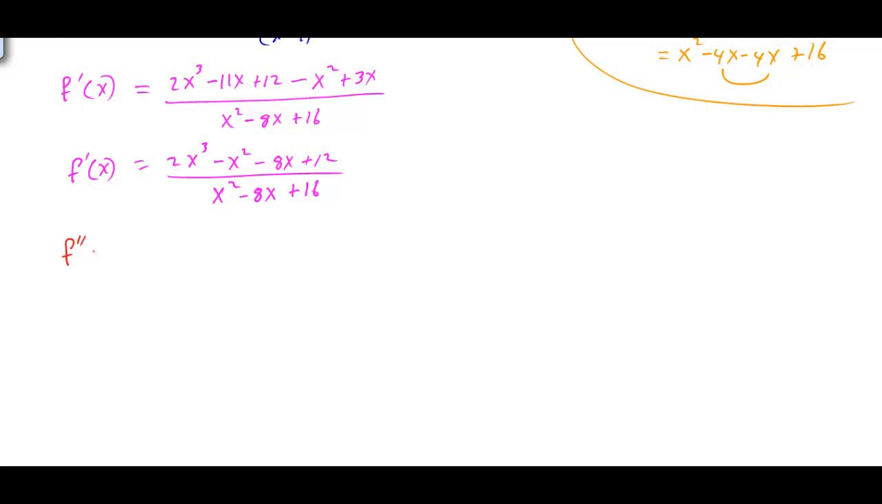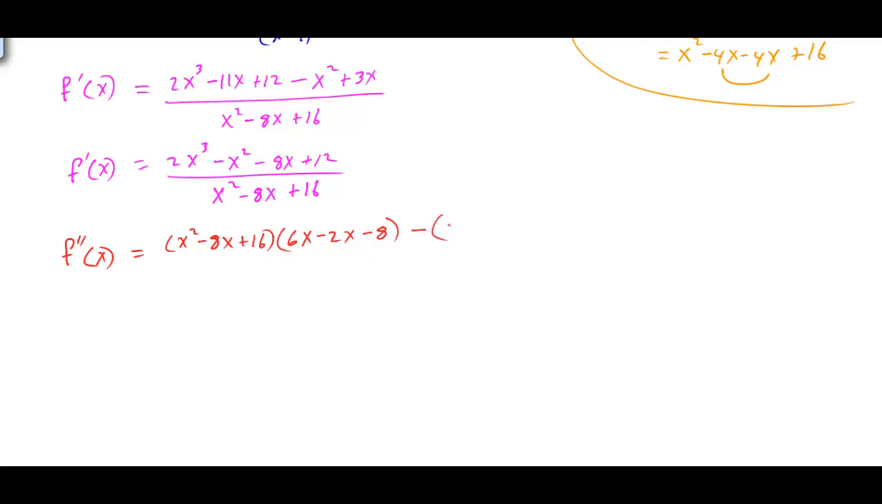So now let's take the derivative again, so we will have the second derivative. Well, once again, you're going to notice in order to take the derivative here, we're going to have to use the quotient rule once again. So here we're going to take the bottom function, x squared minus 8x plus 16 times the derivative of the top. So that would be 6x squared minus 2x minus 8